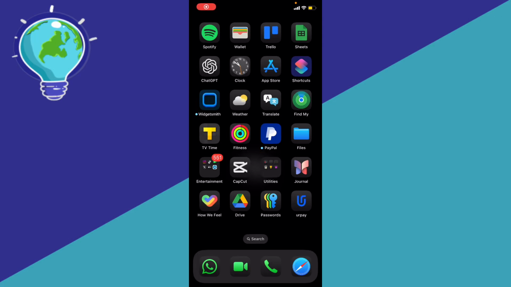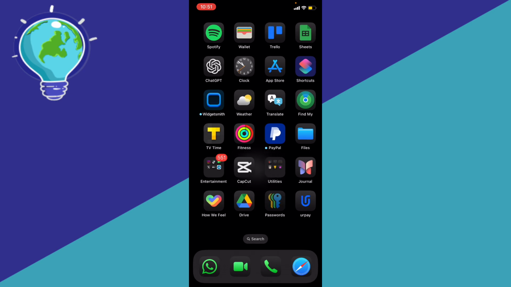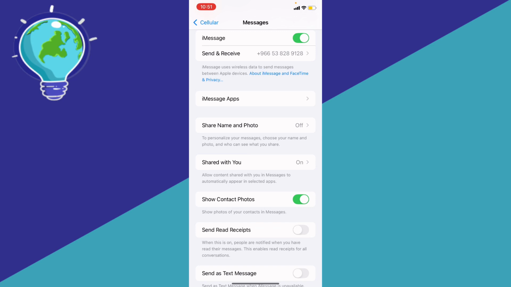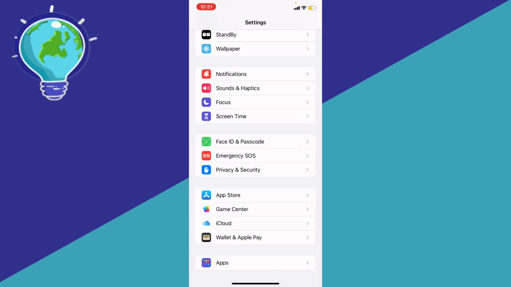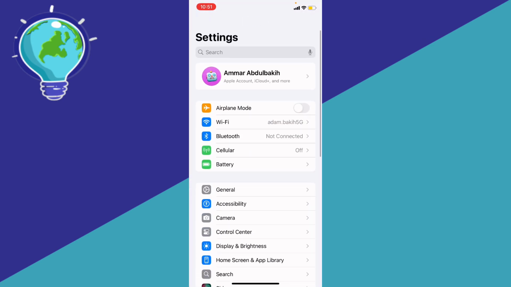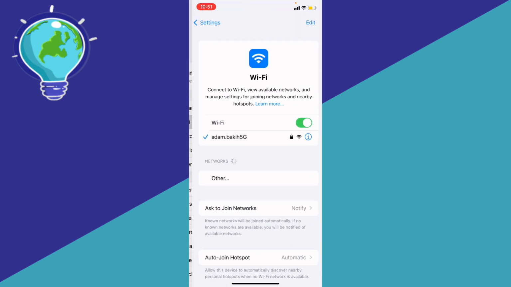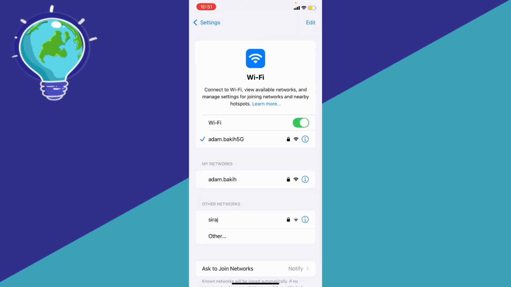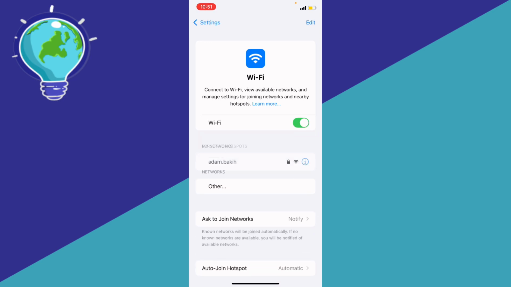If you have a problem on your WhatsApp that you can't send a verification code on your phone, here's a step-by-step guide on how to fix that problem. So first of all, you need to go ahead to the main settings, and then you're going to see the Wi-Fi option. Click on it, and then make sure that you shut down the Wi-Fi and reopen it again,